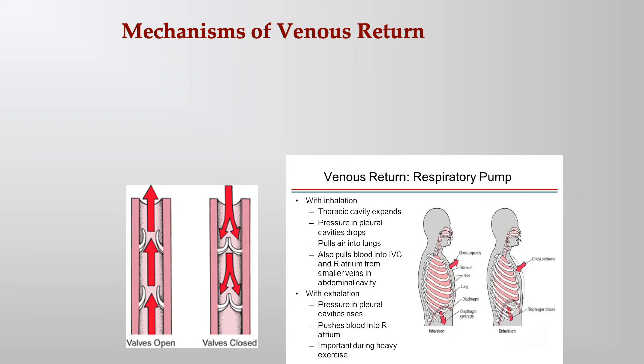So once again, how does blood get back through veins? Blood in arteries is under high pressure. Blood in veins is not under nearly as high a pressure. So how do we guarantee that venous blood makes its way all the way back to the heart? Well, there is a pressure gradient. So from the initial beating of your heart, that creates pressure. There is still a tiny bit left over, even by the time we make it all the way back. So there is some pressure still